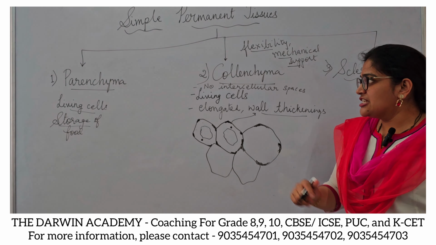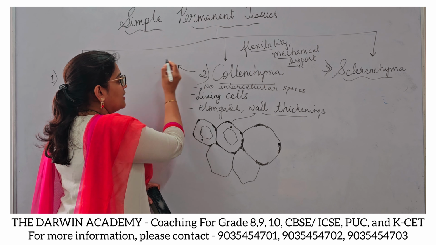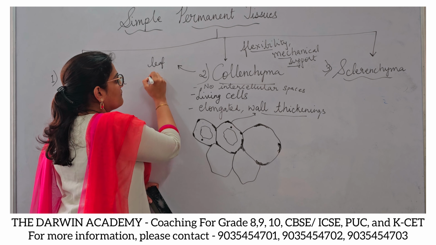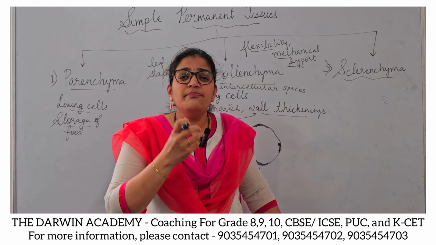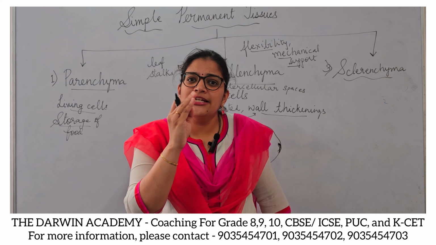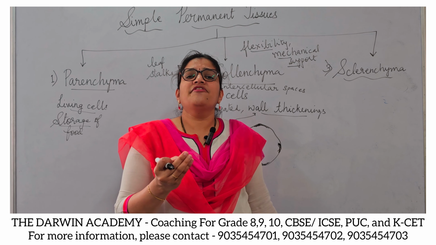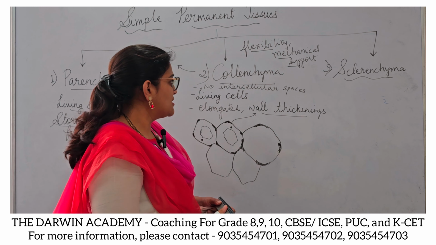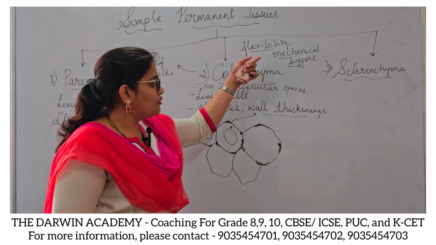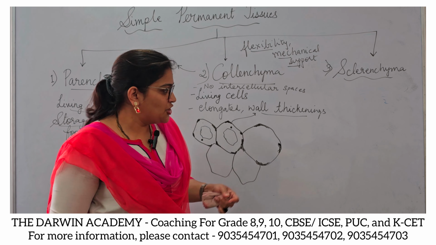I will help you understand. These kind of tissues are present in leaf stalks. The leaf stalk cannot be very rigid. It will have to be little bit flexible, but it also should have little bit of stiffness so that it can stand upright. So, to achieve this combined job, there is collenchyma tissue